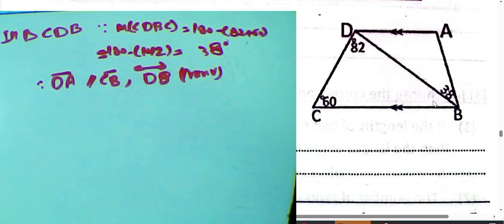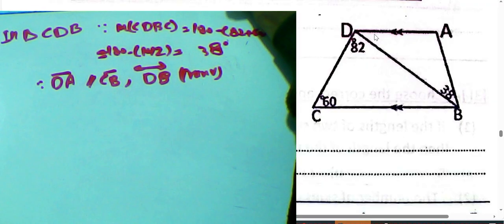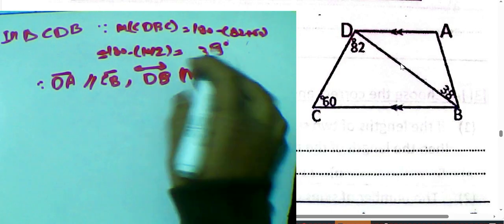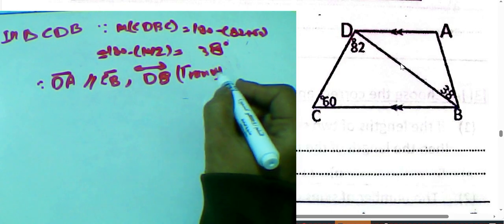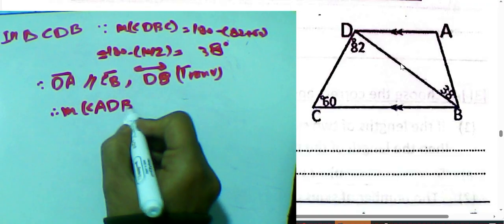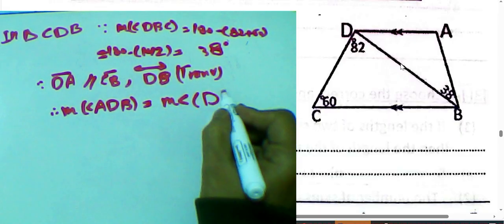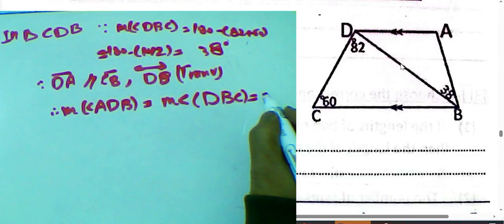Okay, understood. We have alternating angles. This angle is 38, this angle also 38. We call that alternate angles because DA is parallel to CB and DB is a transversal of them. Then the measure of angle ADB will be equal to the measure of angle DBC, equal to 38